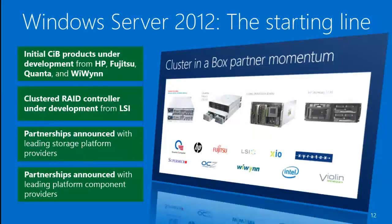Actually, on a side note on that, one of the key aspects of bringing a volume solution, giving the same choices as regular servers, was bringing back some of the choices of storage. So what we realized was that storage solutions for high availability had grown up in the same way the rest of the market had, the high end. What we needed to do was bring back to clustering the ability to use a software storage solution, a standard hardware RAID storage solution. So we did our part in the OS to bring back a modern virtualized software resource that could be used for clustering. That's Storage Spaces. And we also then partnered with LSI, market leader in RAID,